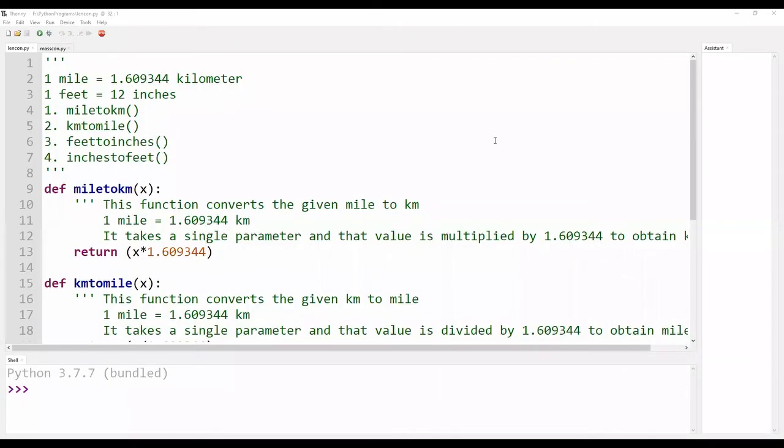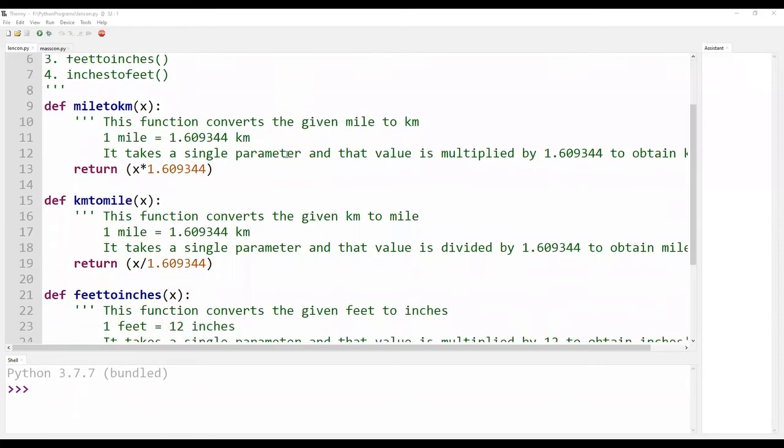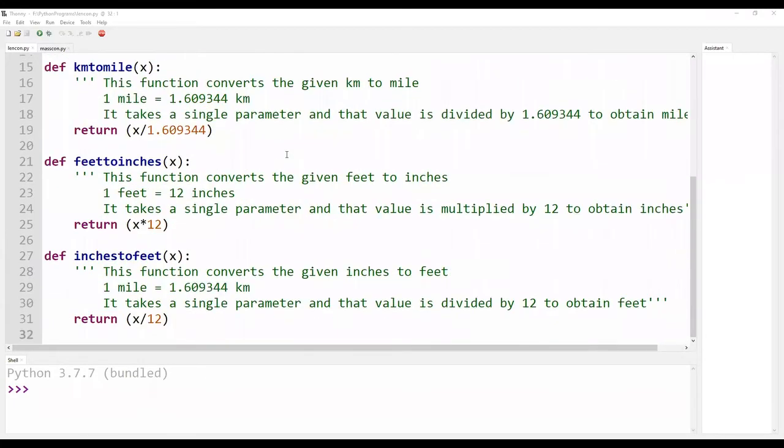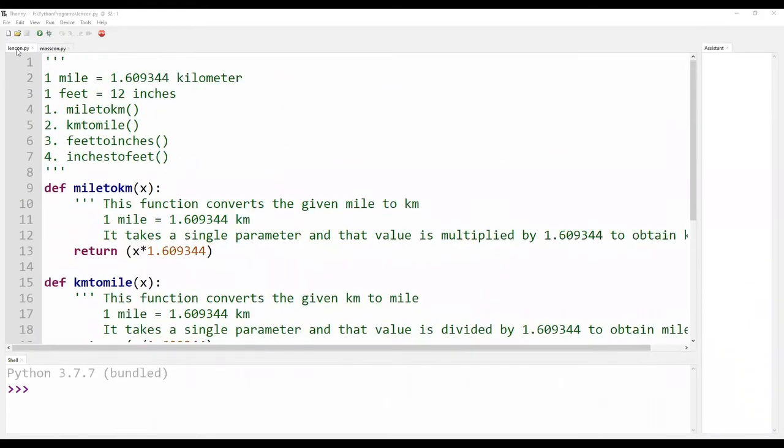The intention of the package conversion is that we are going to have two sub packages, namely length conversion as well as mass conversion. I have already written the function definitions under the name lencon.py in order to save time. Lencon does this process: it converts mile to kilometer, kilometer to mile, feet to inches, inches to feet. I have defined these four definitions. We are having only four definitions. We do not have the function call here with respect to the program named